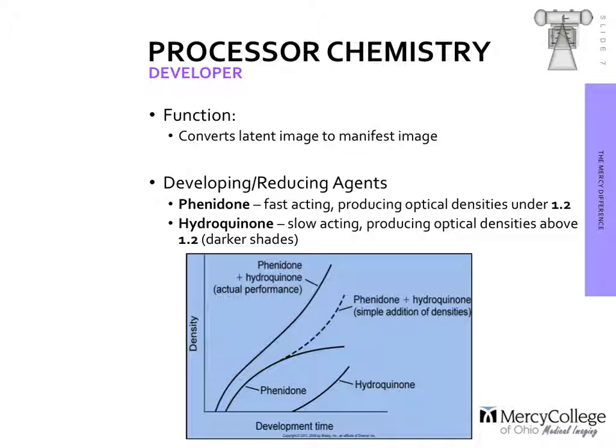Phenidone is considered to produce the lighter shades of gray, so any OD, or optical density, under 1.2. And hydroquinone is slower acting, but responsible for producing more of the dark shades, the blacks, optical densities above 1.2. What's really cool about these two chemicals is they do have synergistic properties, which just means that the two agents together have a much greater effect than the two do individually, and that's largely what this graph is trying to